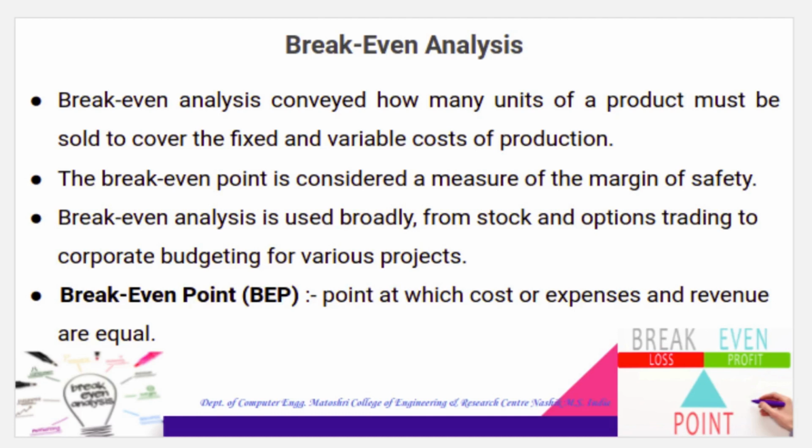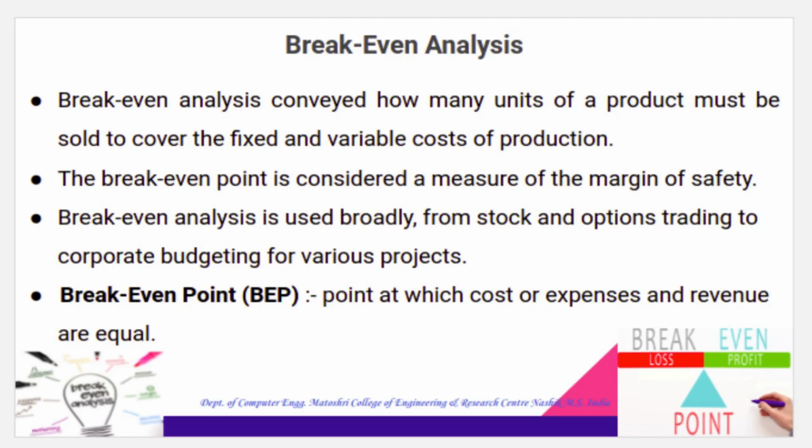If the above company cannot sell above 500, then to make a profit, they have to reduce the fixed cost or reduce the variable cost and increase the selling price of their product. Any of these would reduce the break-even point, meaning the business would not need to sell so many products to make sure it pays its fixed cost. So this is the break-even analysis.